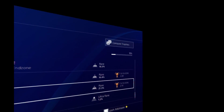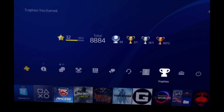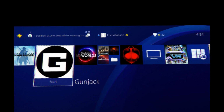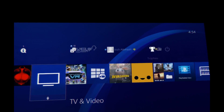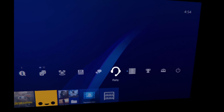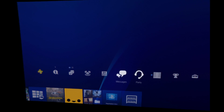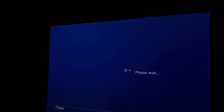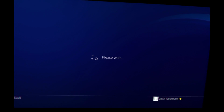This is what cinematic mode is. It's basically like sitting in front of a giant cinema screen. Now, the really cool thing is what you're seeing is kind of like the medium size. You can actually get it a little bit bigger, but this is the default one that it locks you into while on the PSN. But the really cool thing is you can see an example of what it actually is. So again, it's like being in a very dark room while watching a giant television,